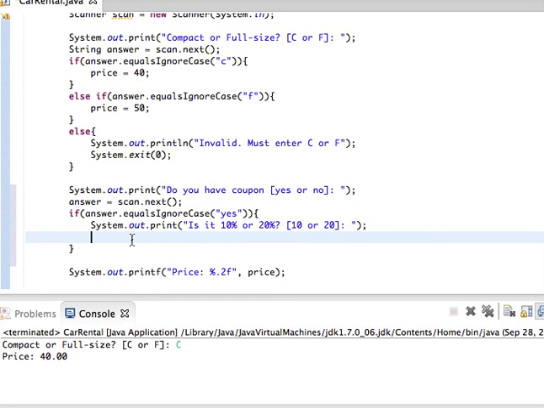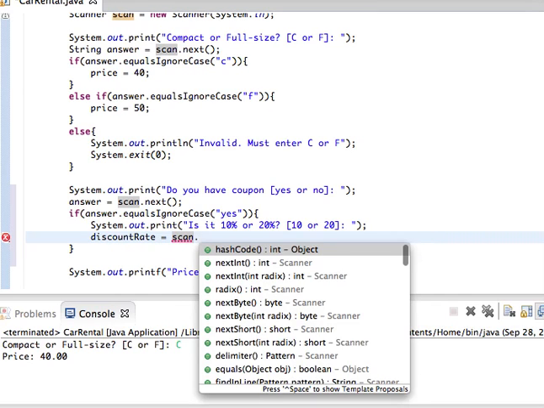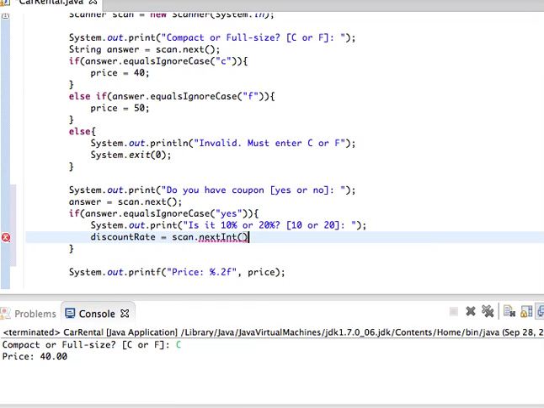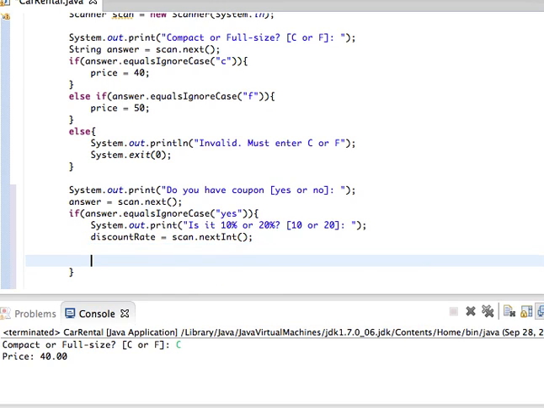So we say discount rate and scan dot next int, because this is an integer. Okay, so if the answer is yes, then we get that from the user, and in here we will check